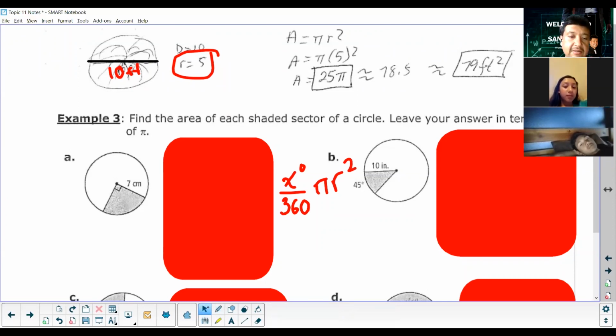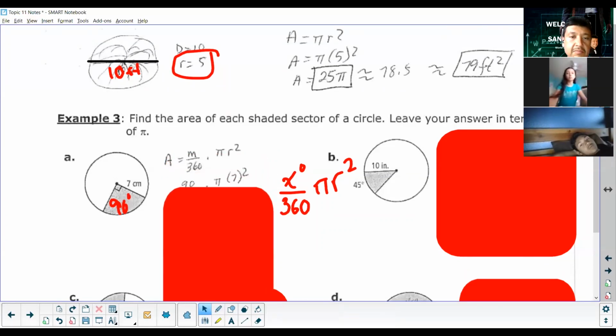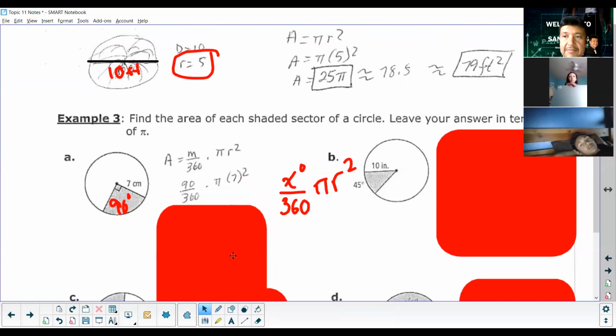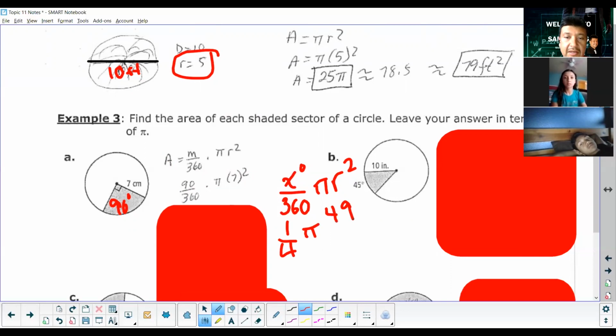90. Yeah, good. It would be 90 degrees. So we're going to put 90 in here. And what else do I need to do to continue solving this? You would replace r with 7 and simplify 90 over 360 to get 1/4. Yeah, so then I get 1/4, right? And then that gives me how much? 7 squared is 49. Good. And in this case, how does 1/4 and 49 interact? Well, 49 goes over 4. So you get